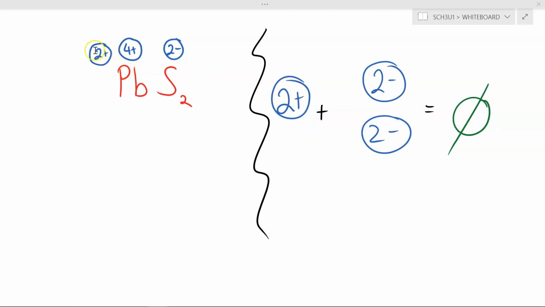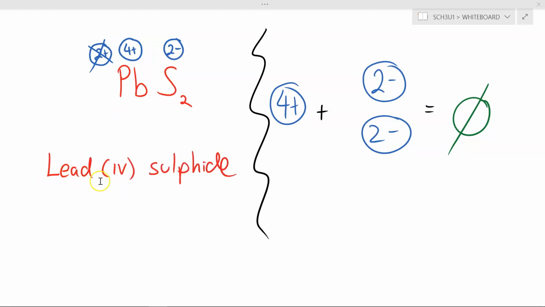If I put in lead 2 plus, does this equation work? No. 2 positives with 2 of these 2 negatives adds up to 2 minus, and that's not right. So I can cancel out this 2 plus, and it must be the 4 plus version of lead. So with the 4 plus added to 2 of these 2 minuses, now we zero sum. So every electron, all 4 electrons that were lost by the lead, were gained by these 2 sulfurs. So now we can call it lead 4